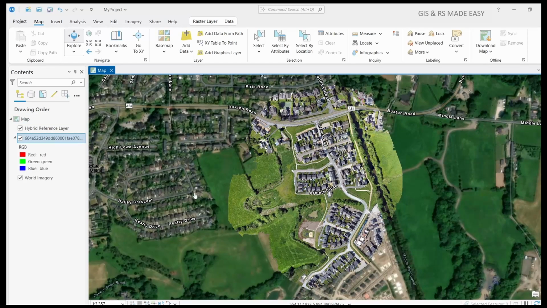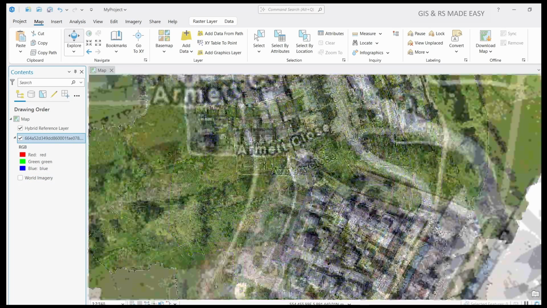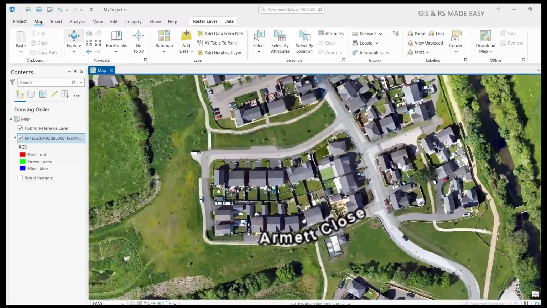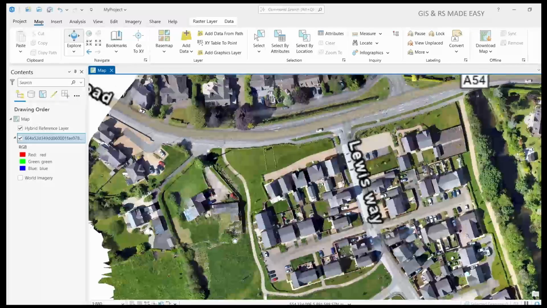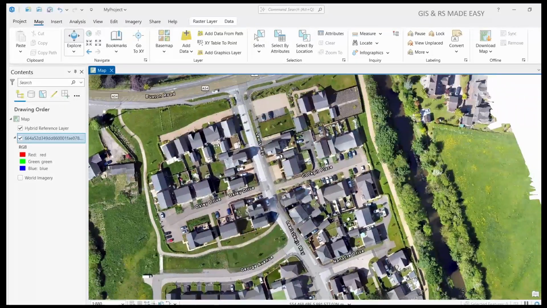The image is loaded. If we turn on our satellite base map, we can see the image. You can see how high resolution this image is. Since this is a 5 cm image, you can do any type of deep learning or any classification with this